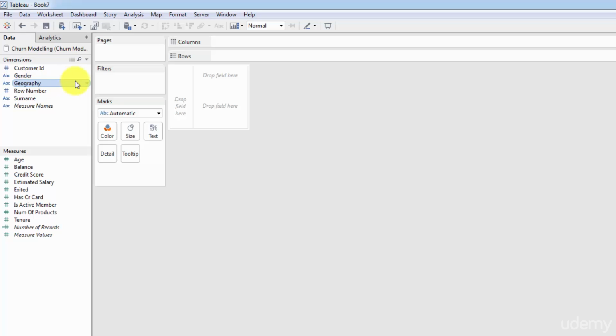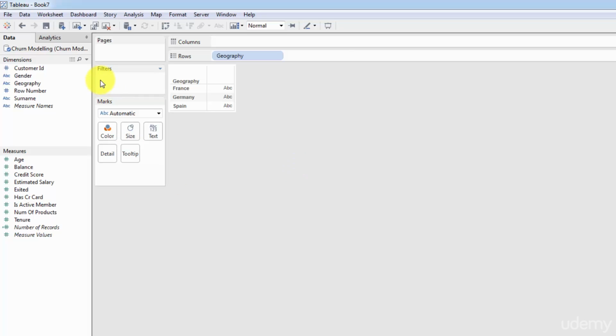As you can see, we've got geography. So how about we visualize a map of our customers and see where they're from? If we drag geography onto this area, we expect a map, but nothing happens. We only get a column with the different geographies. So why is that? Why is this action different to the one we undertook previously in our first tutorial about